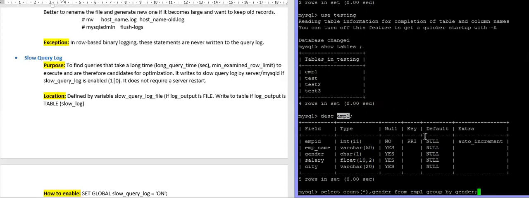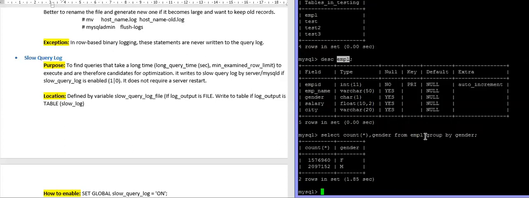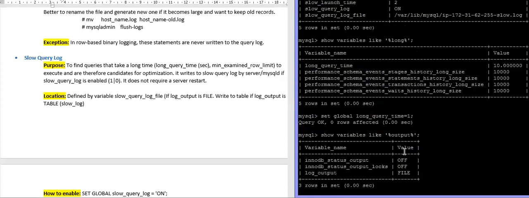So probably it should take more than 1 second. That means it should log into your slow query log. How much time did it take? It took 1.85 seconds.